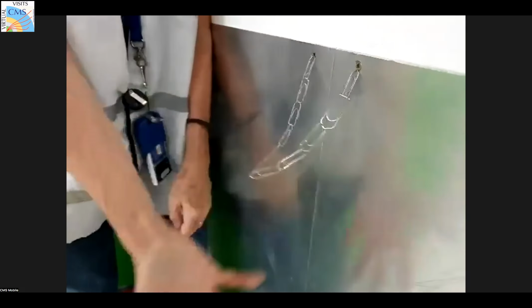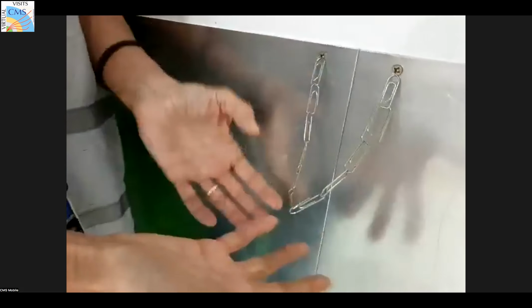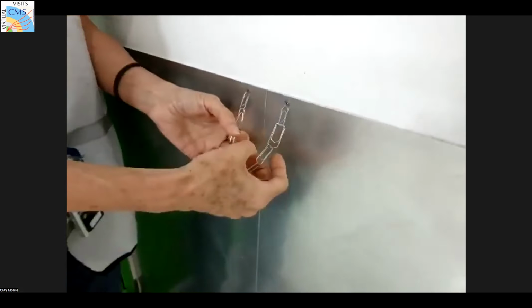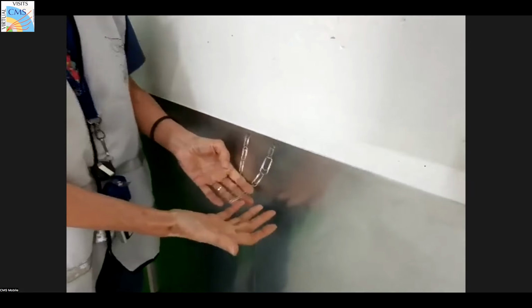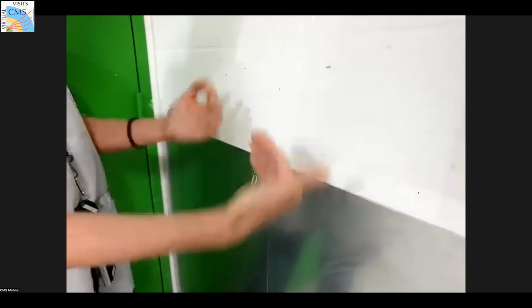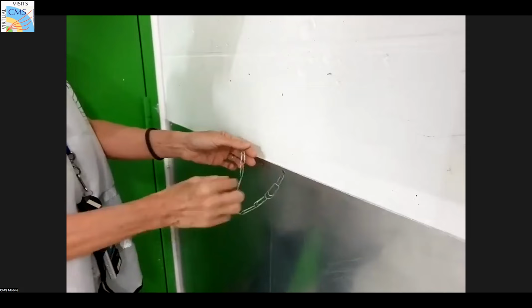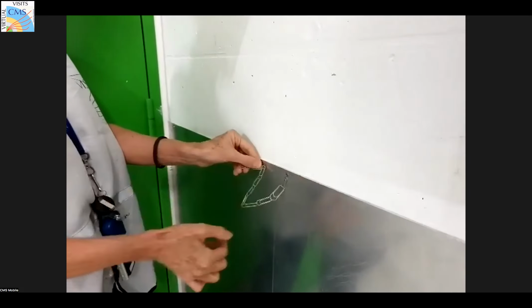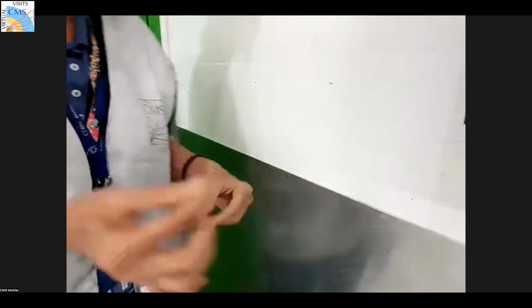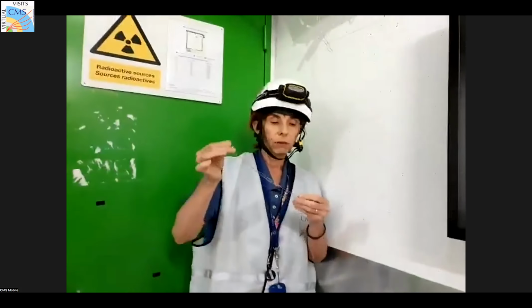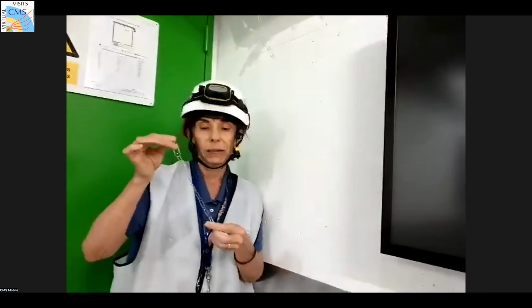And this is because, of course, we have the gravity that would like to keep the chain down and also the magnetic field acting here. In fact, this chain that seems to be just a funny thing once made me able to understand that the magnetic field was weaker. Why? Because I couldn't do this. It was falling down. So I had to remove some clips and attach again. And then it worked. So I went to the control room asking the shifter if there was any problem with the magnetic field. And they answered yes, because this morning, this was in the afternoon, we had a problem.